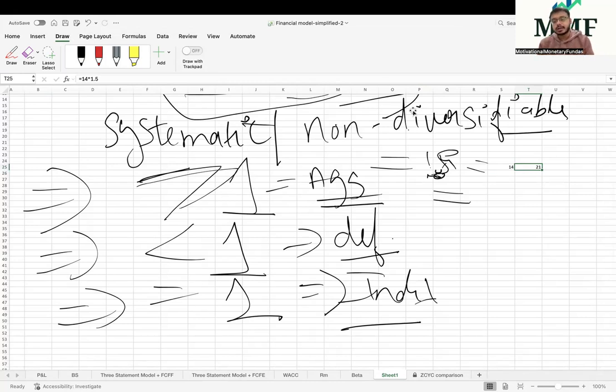High growth companies, high growth portfolios generally have a beta of more than 1. If you have much more exposure to mid cap and small cap in the portfolio, the beta will always be more than 1, because major growth in the market comes from the mid cap and the small cap spaces.